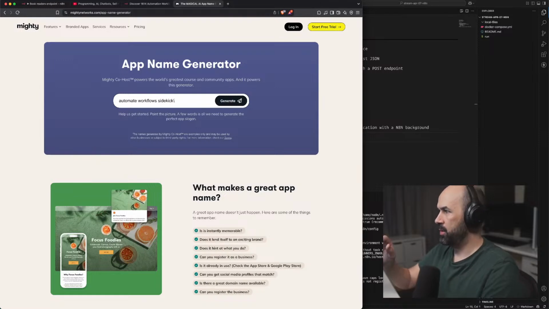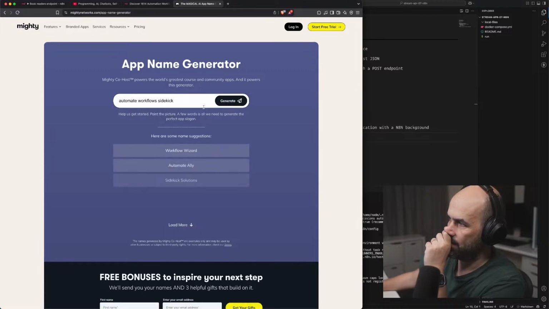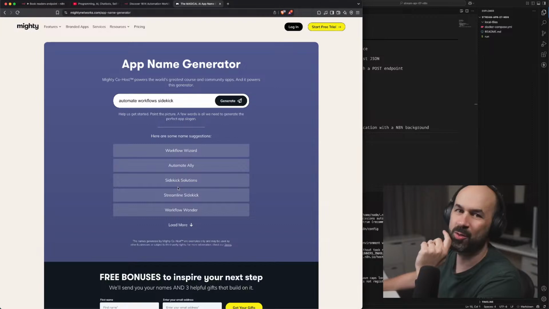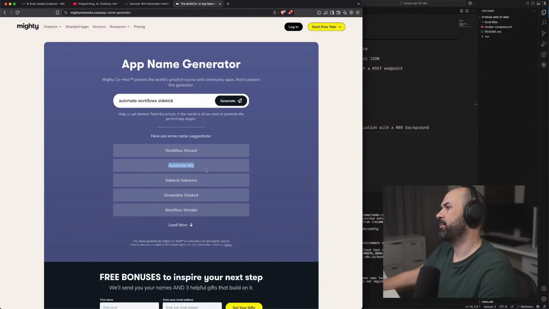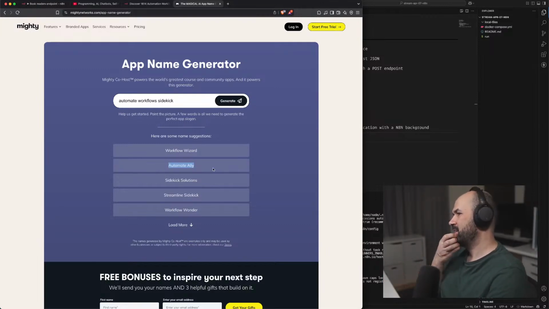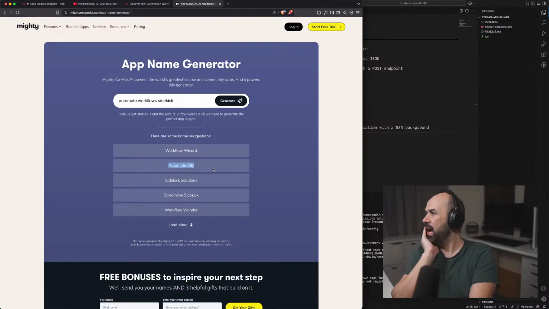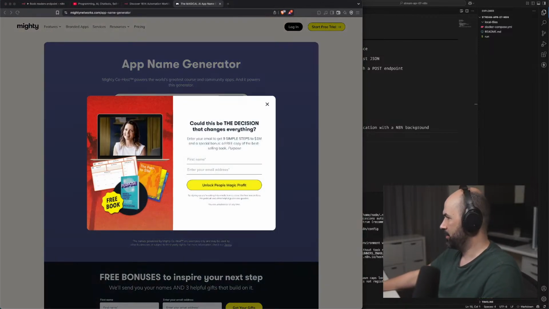Automate ally. Yeah. Sidekick solutions. Workflow wonder. Automate ally. I like it. Sidekick solutions. Yeah, it doesn't sound the same. Automate ally. Yeah, I like it.